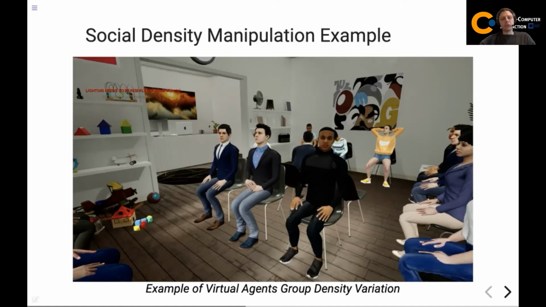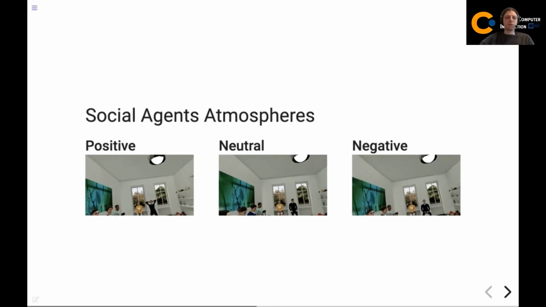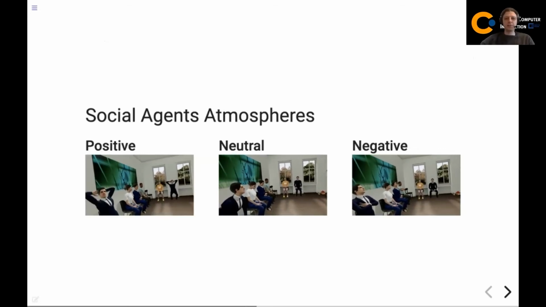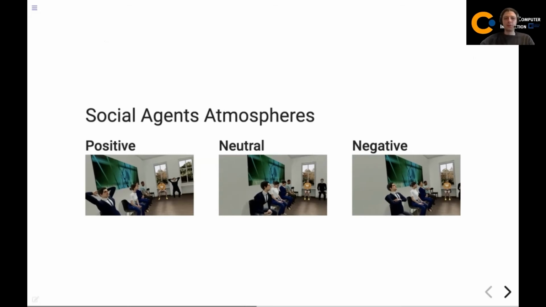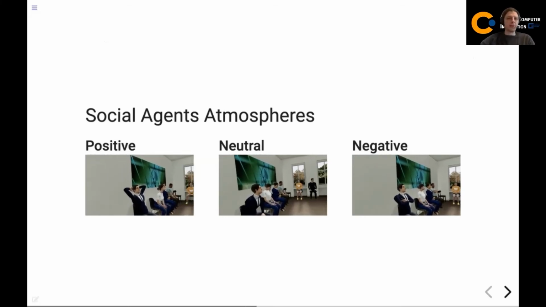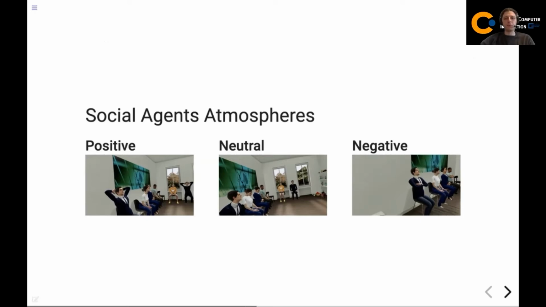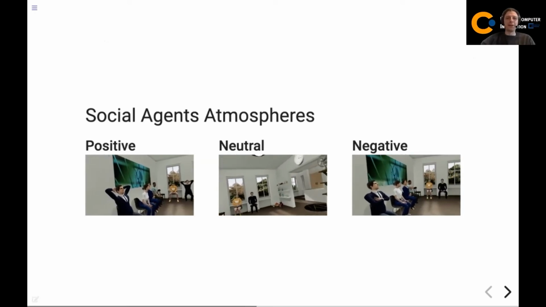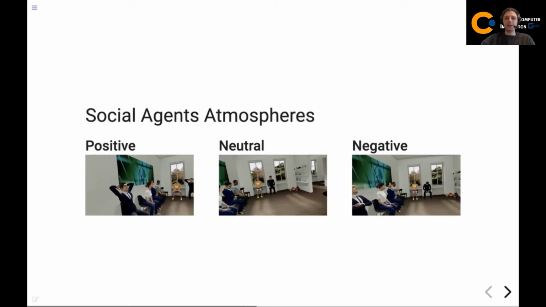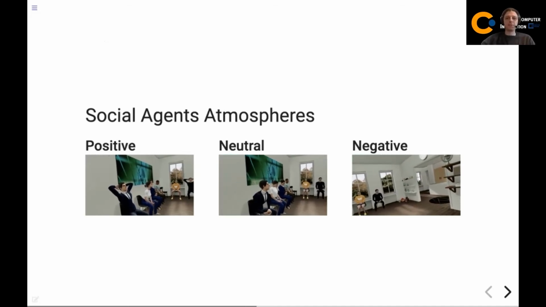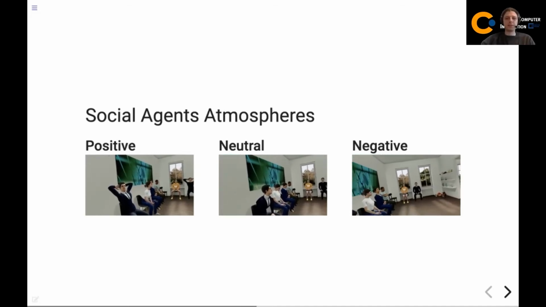Here we have just a quick example that we are also capable of generating different atmospheres. So very roughly, if they are ignoring you, staring at you, looking away from you, or making an overall positive atmosphere. This should increase pressure and is interesting enough to research if this has an influence too.